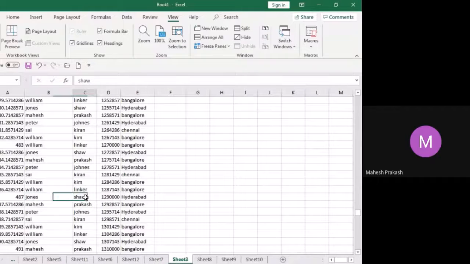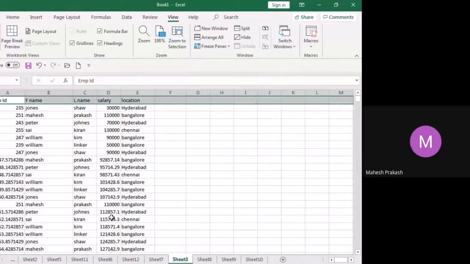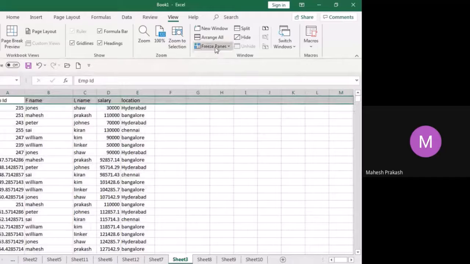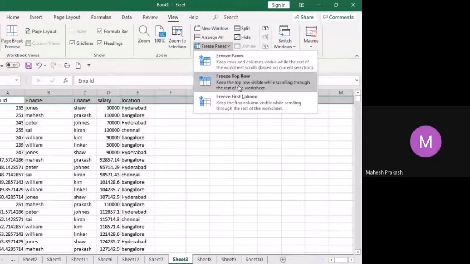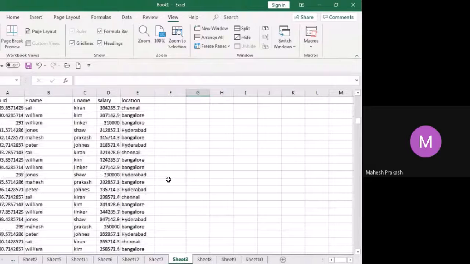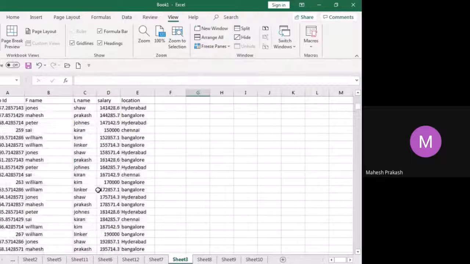I don't know whether this is first name or last name because I've dragged it. But if I come here, I will know that this is first name, last name, and all this. What we can do is freeze this, and even when you are scrolling, you can see the column names. How? Freeze panes, and it says freeze top row. Now this top row got frozen. You can drag it. You can still see the row numbers. That's it.